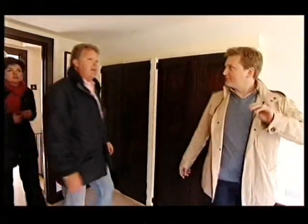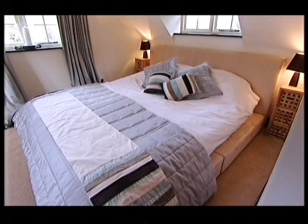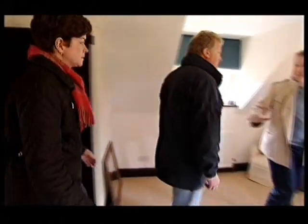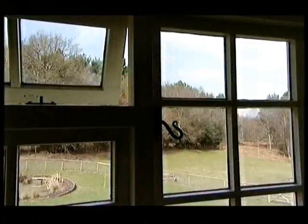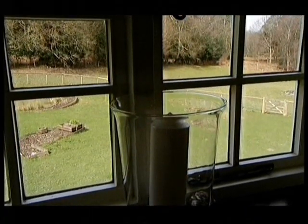Oh, this is lovely. Bigger than I thought it would be, actually. Triple aspect, as you can see. Just come over here. You're in the middle of the forest. Look at that view. It's fantastic, very lovely. Not a cappuccino in sight. And if you poke your head through that door...